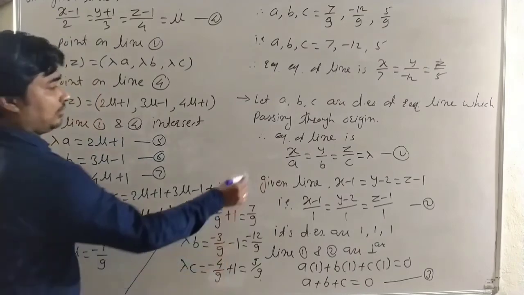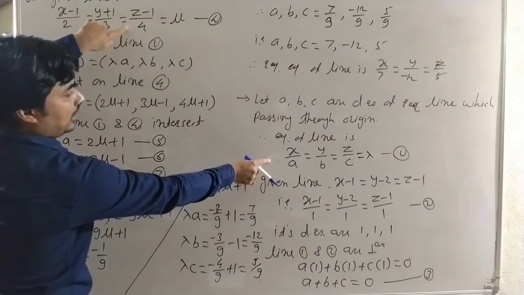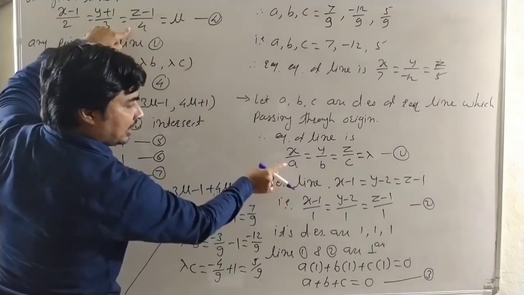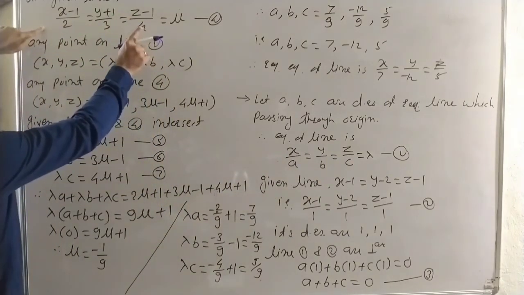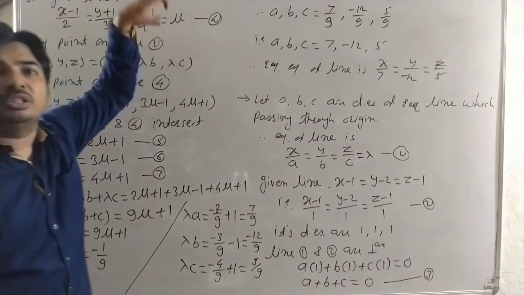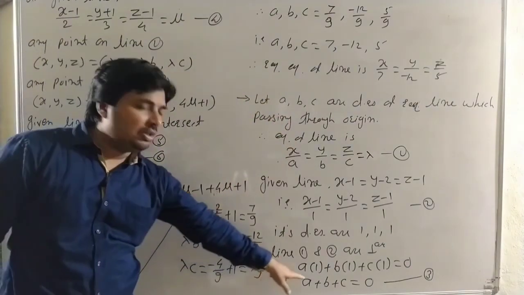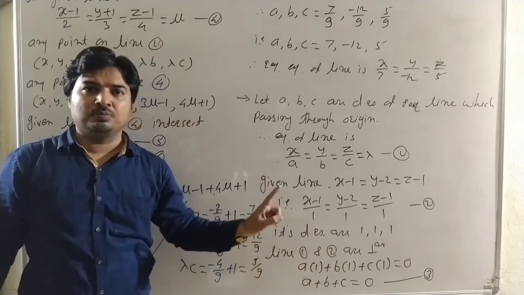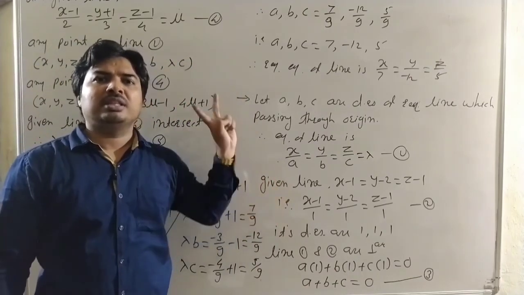Then take line equation number 1 and equation number 4. These two lines intersect. So here x1, y1, z1 are 0, 0, 0, and a1, b1, c1 are a, b, c. In the other line, x2, y2, z2 are 1, minus 1, 1, and a2, b2, c2. Put all values in this relation. Again, we know one condition in a, b, and c. One condition is a plus b plus c is equal to 0. By using this determinant, the condition of the intersecting lines, we get the second condition.